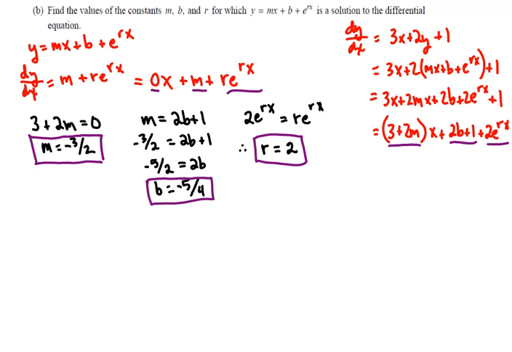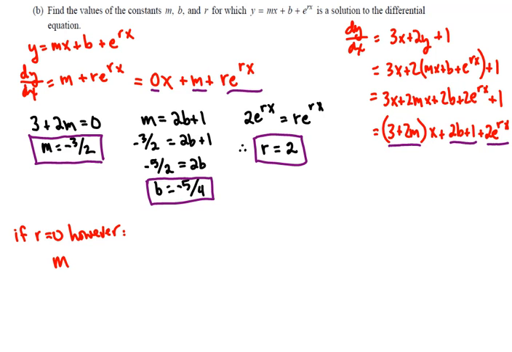Now if you got this far, you're already doing pretty good. However, we're assuming here that r has to equal 2. r could be 0. Now in the event that r were equal to 0, the left side of the equation would just come out to be m,